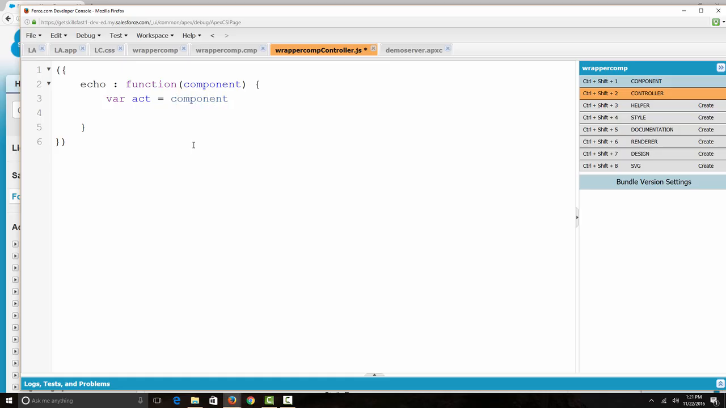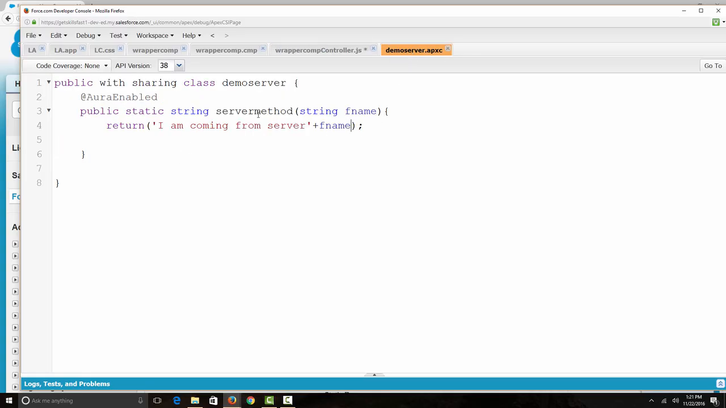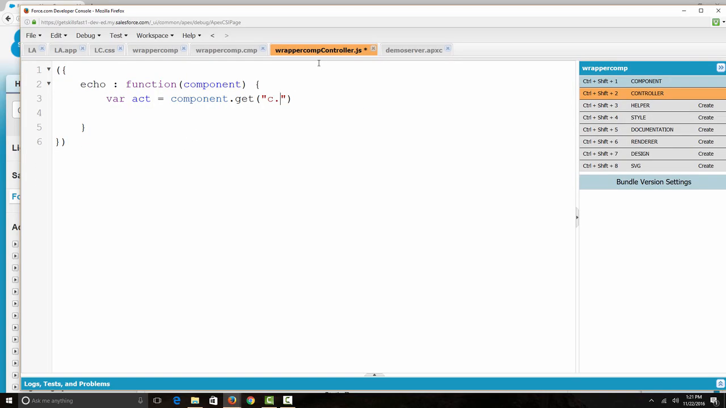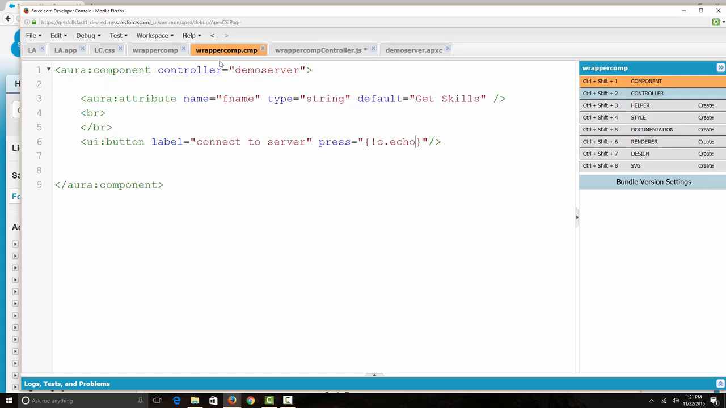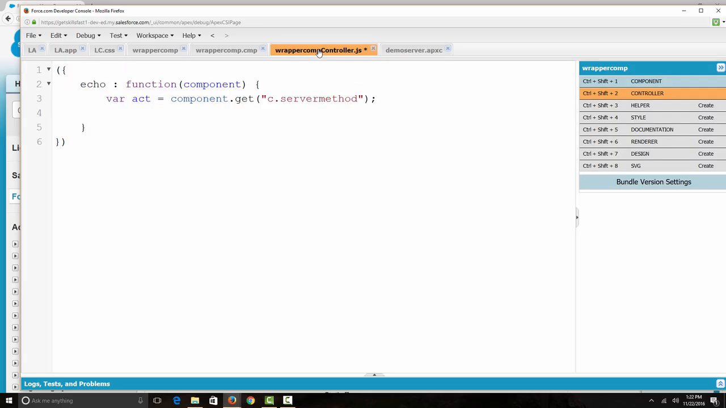component dot get c dot server method, the method of the name server method. The name of the method server method is there. Okay. Since our component is already linked to the controller here, so we have access to its methods and all. Okay. So we can directly access them here and store the return value into this component dot get the server method here. Okay. Now let us set some parameters,